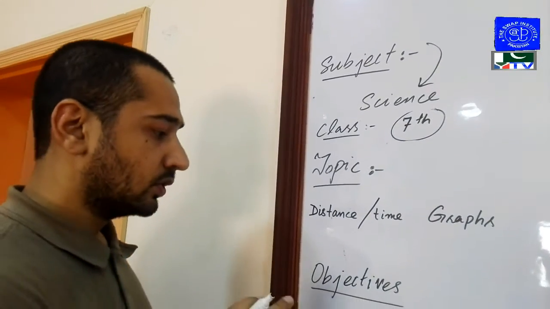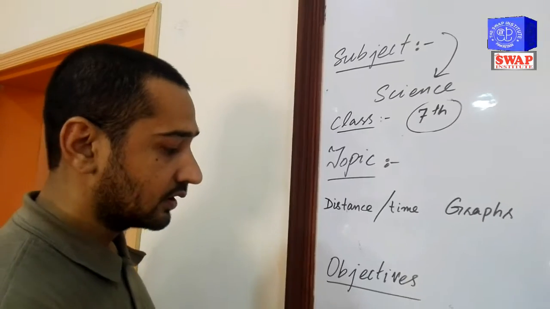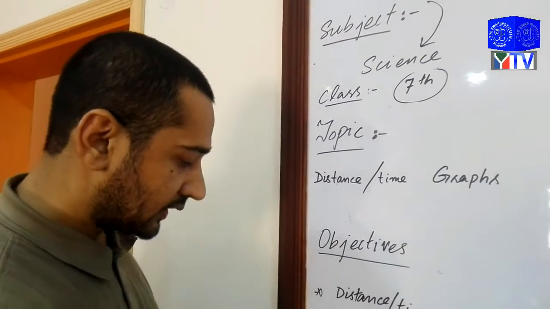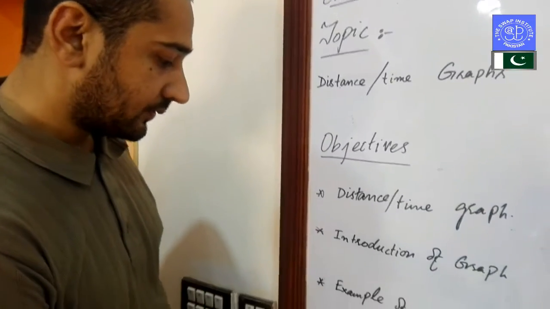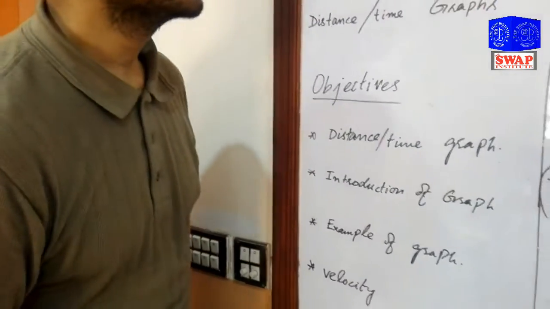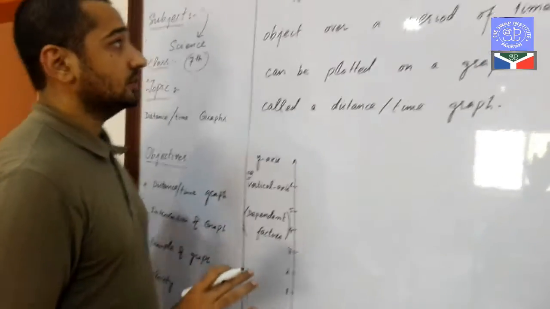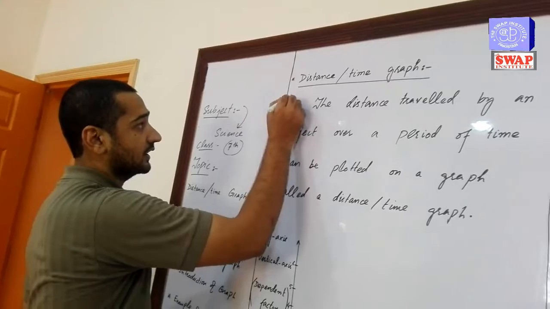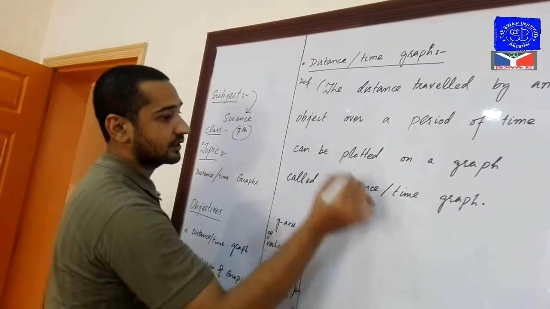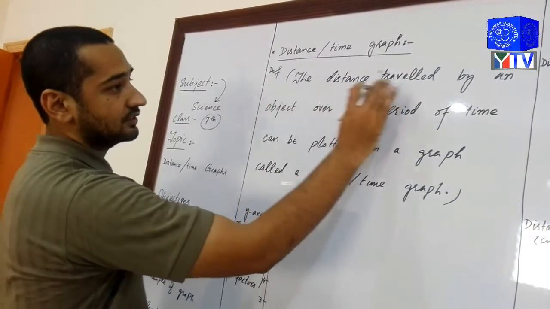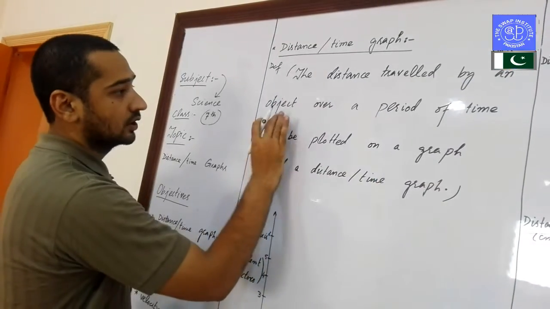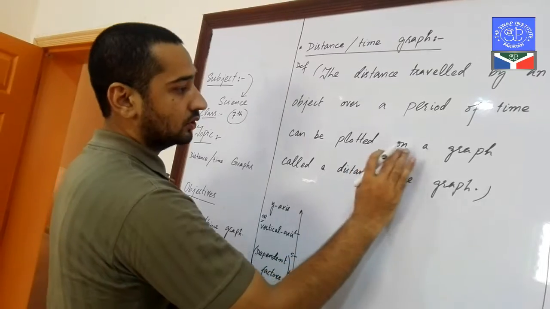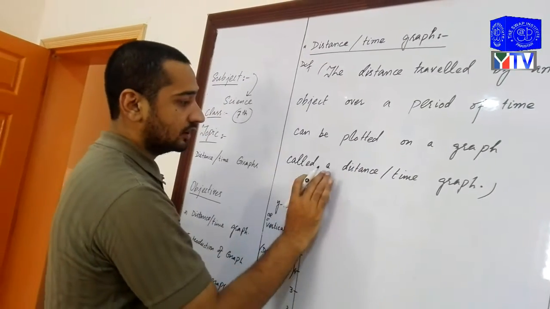The objectives of today's lecture are the distance time graph, introduction of the graph, examples of the graph, and velocity. Now, first of all, I am going to discuss the distance time graph. Basically, this is the definition of the distance time graph. The distance traveled by an object over a period of time can be plotted on a graph called a distance